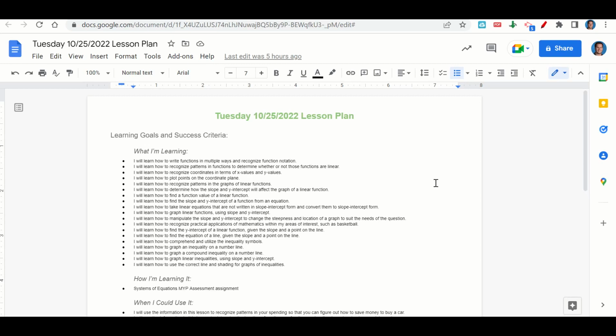First, what are we learning? We're learning how to write functions in multiple ways and recognize function notation, how to recognize patterns in functions to determine whether or not those functions are linear, how to recognize coordinates in terms of x values and y values, how to plot points on the coordinate plane, how to recognize patterns in the graphs of linear functions, how to determine how the slope and y-intercept will affect the graph of a linear function, how to find a function value